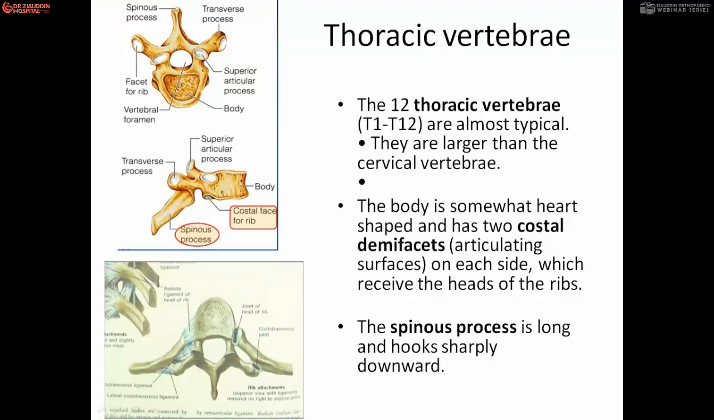The spinous process is long and hooks sharply downward, and it basically overlaps. So there is no space between the bony lamina and the spinous process in the thoracic spine. If you look at the facet joint orientation, they are in the coronal plane. So the chances of jumped facet are very low in the thoracic spine because of the orientation of